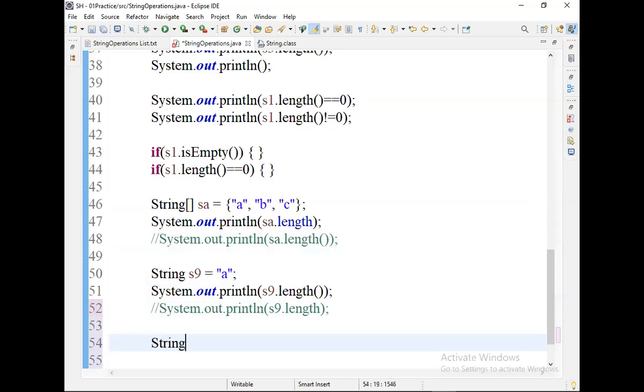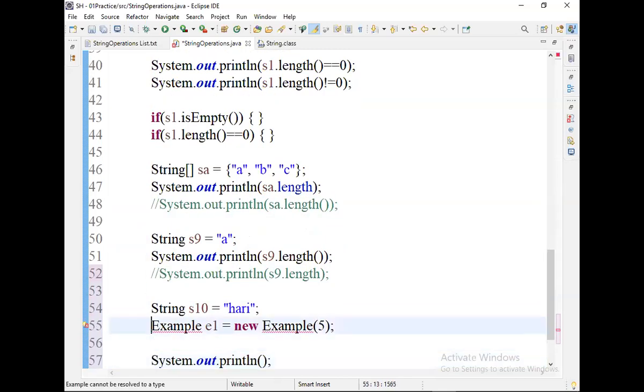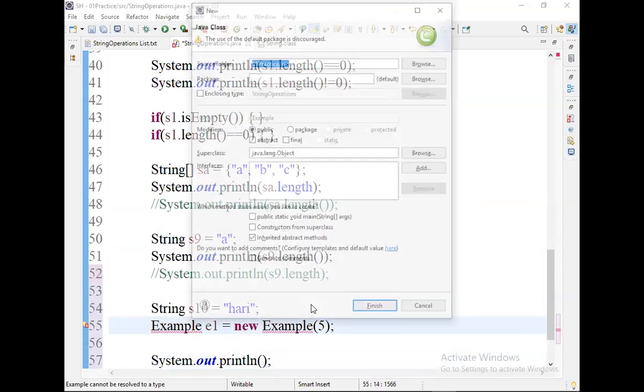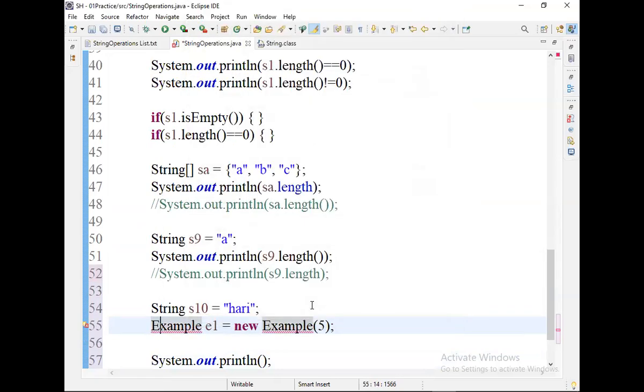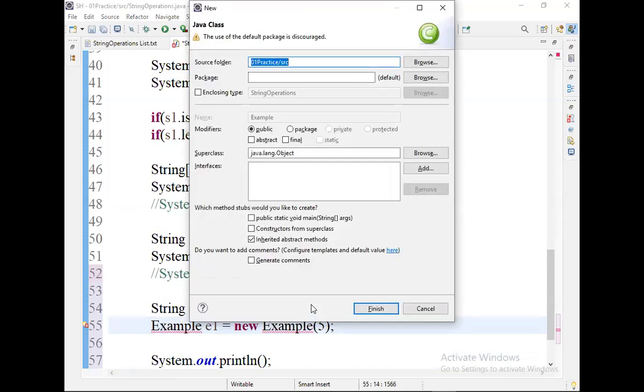Okay, next. I'm giving one string, S10 equal to double quotes Hari. Now System dot out dot println. I'm taking one more object, our own object: Example E1 equal to new Example of 5. Now the Example class is not there. We need to create it. Control 1, quick fix, create class Example, then press enter.